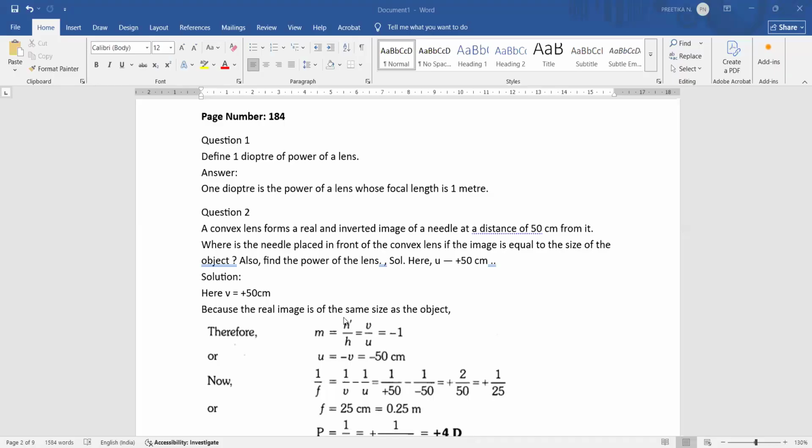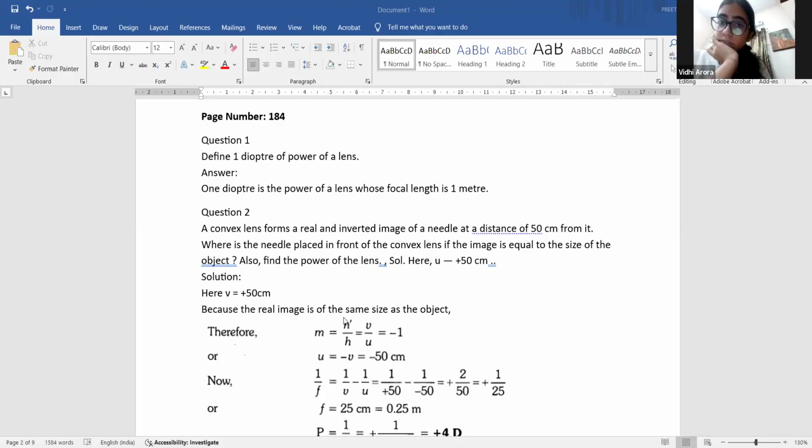अब अगर हम ये चाहते हैं somehow कि मेरा image का size और object का size same हो, तो कहीं ना कहीं we are trying to say कि height of the image should be equal to height of the object, isn't it? यही चाहते हो आप? If I want my image to be equal to the size of the object, then somehow I want height of the image and height of the object to be same. और अगर वो same होंगे तो आपकी magnification कितनी आ जाएगी बेटा? If both the things will be same, what will be your magnification का value? 1. 1 ही आ जाएगी.